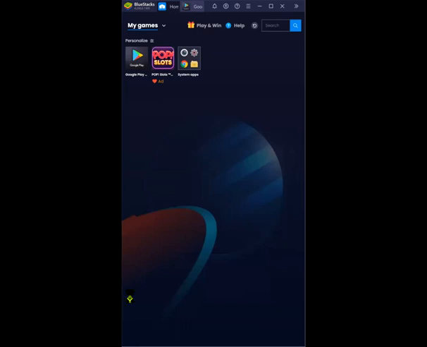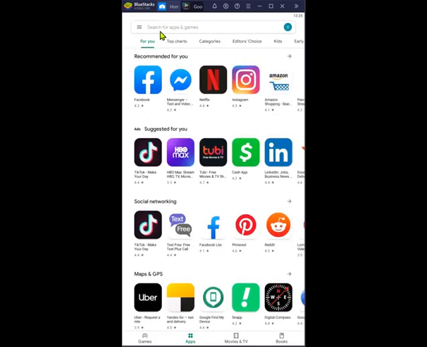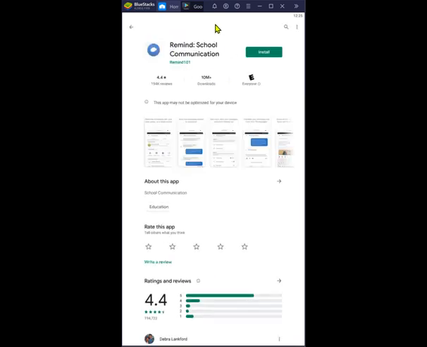What you see here is one of my Android devices, and you're familiar with the Google Play Store. So just click that, and you can search for the Remind app, since I have done it before. Just type in Remind, and the appropriate icon shows up. It says Remind School Communications. You click that, and this app is